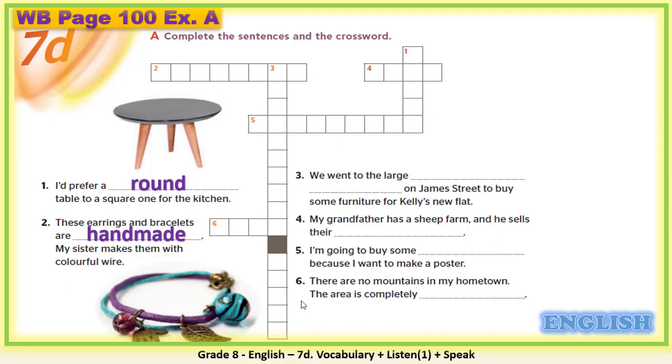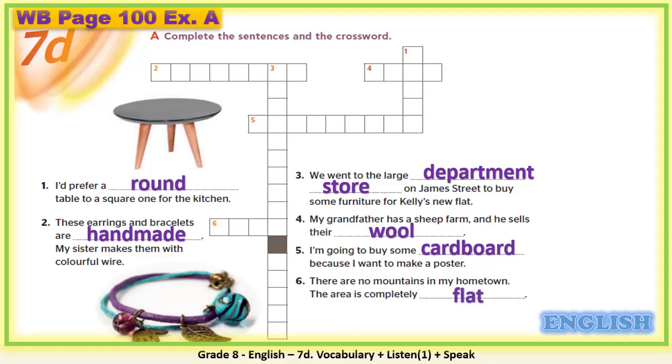Number 3, we went to the large department store on James Street to buy some furniture for Kelly's new flat. Number 4, my grandfather has a sheep farm and he sells the wool. Number 5, I'm going to buy some cardboard because I want to make a poster. Cardboard. Great. Number 6, there are no mountains in my hometown. The area is completely